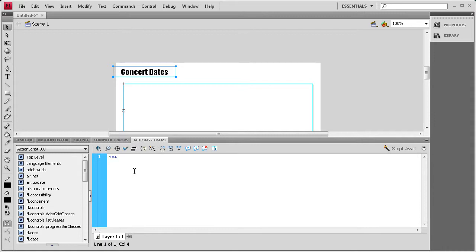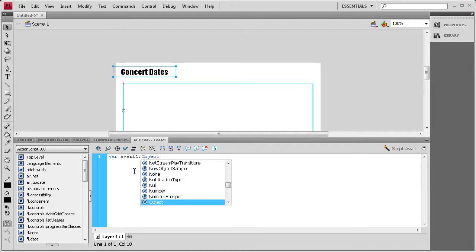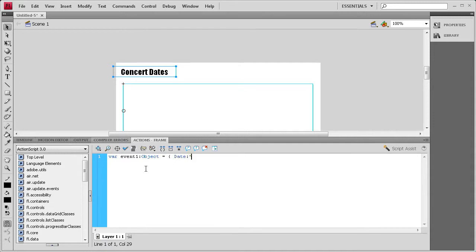So we're going to say var, and we're going to call it event1, and it's going to be an object, so colon Object with a capital O, space equals space, open curly bracket, and then basically now what we're going to do is start saying what we want the things inside to be. So we're probably going to have 3 columns such as date, time, and location, because that's what you need to know for an event. So the first thing is date, and then colon, then quotes, then a comma,